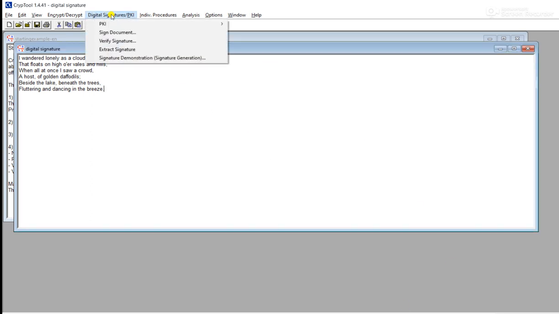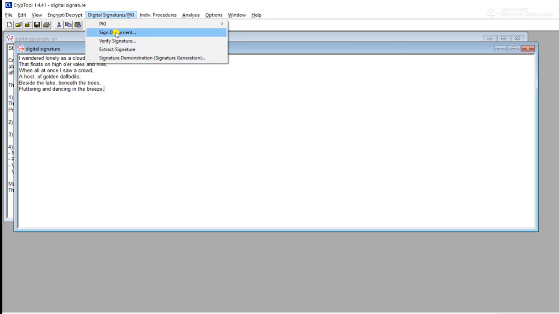You can either go by this Digital Signature/PKI menu, wherein you can generate or import keys, then you can sign a document and after signing you can verify and extract the signature, or otherwise another menu option is given, that is signature demonstration, that can be used.